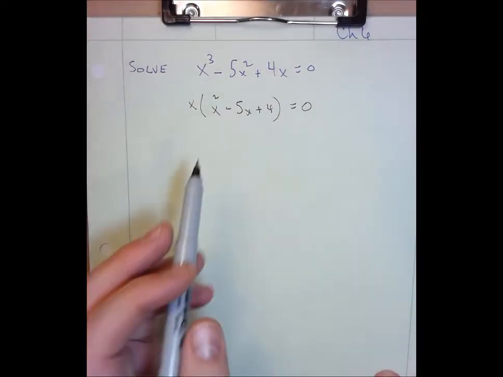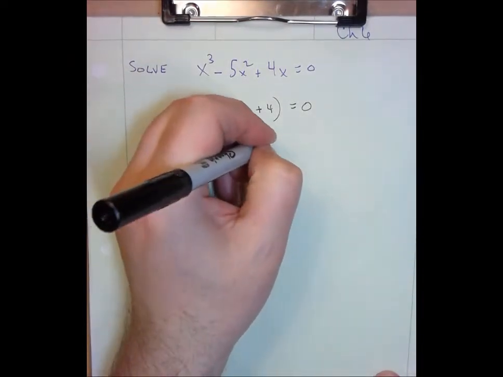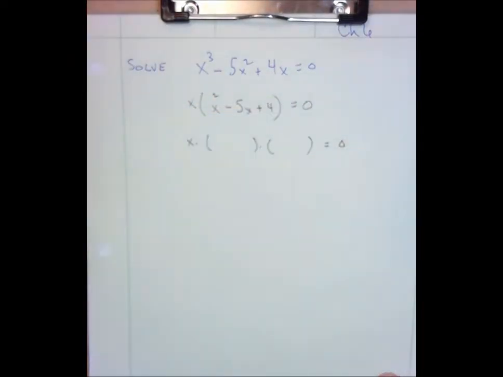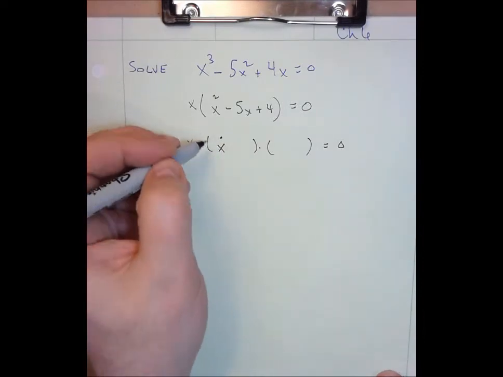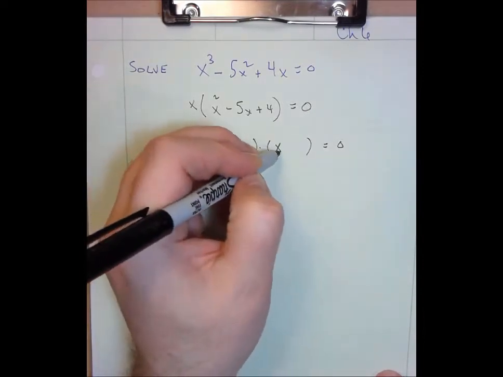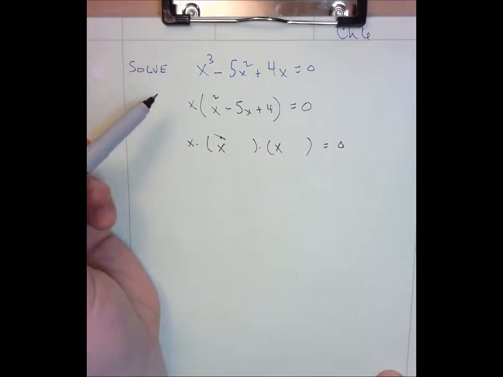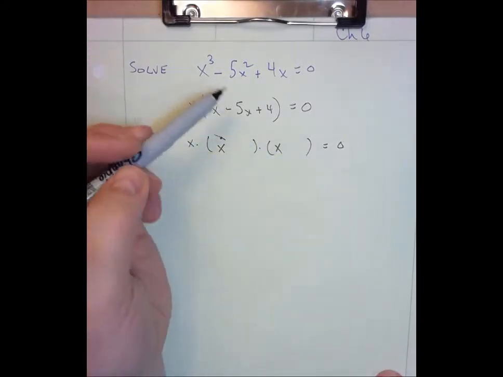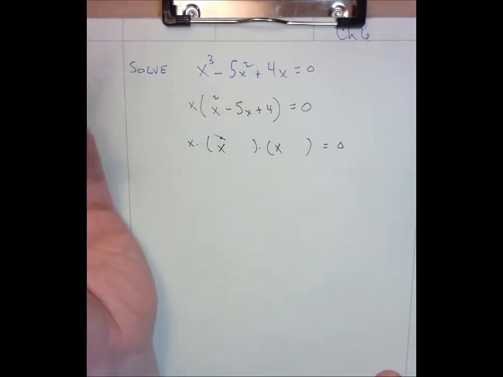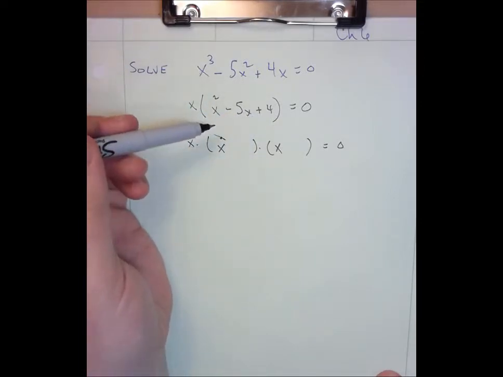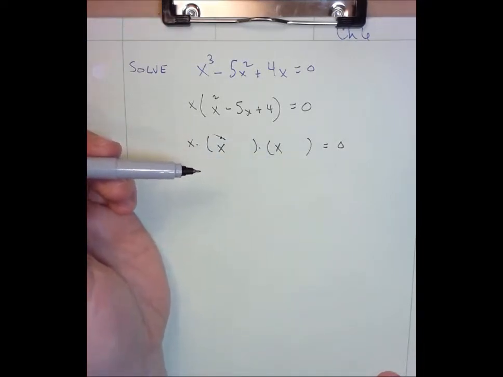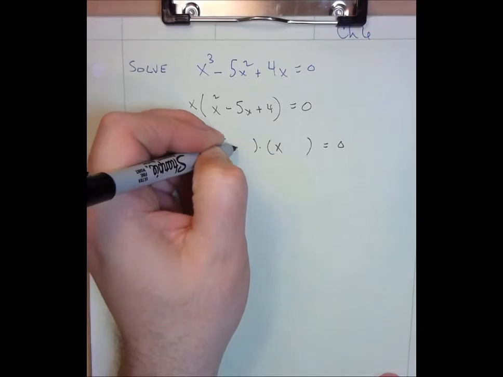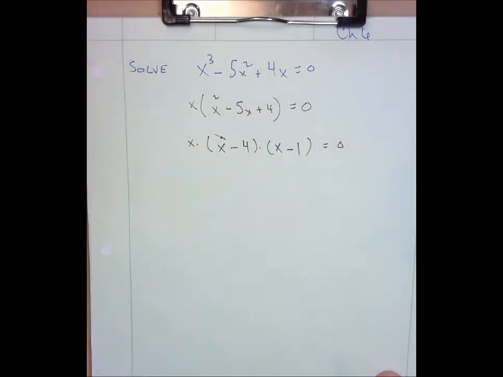Can we factor this? Well, let's see. It's a quadratic, and it's in the form that we normally can factor. So how about an x? I don't know why that dot's there now. You just have to ignore that. x and x as the leading terms. And now we're trying to put constants there and there that not only will multiply together to give us that plus 4, but then when added together as coefficients of x in the cross terms, we will also produce the minus 5. Now you can fiddle with different cases for that, but it turns out that those numbers are negative